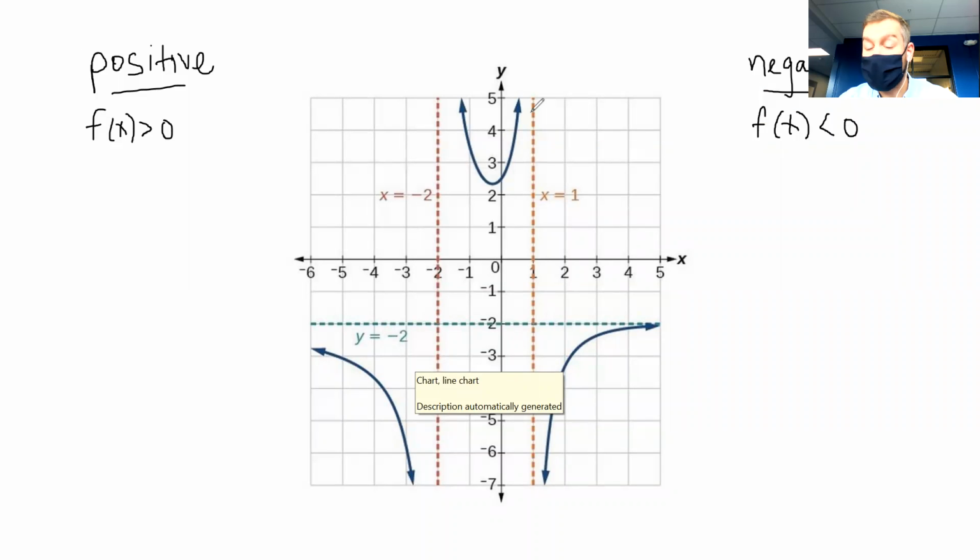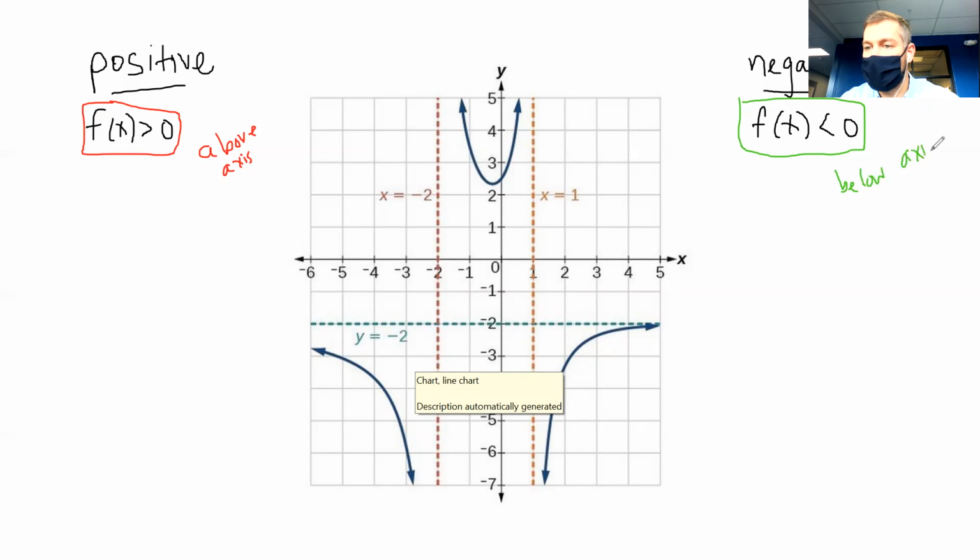Okay, now we want to consider positive and negative. When a graph is positive and negative. Other ways to write it is when f of x is greater than 0 or when f of x is less than 0. We're looking for really y values that are positive, negative. And so in that way, we're really just going to look where our graph is above the x-axis or below the x-axis. So those are the key annotations for us